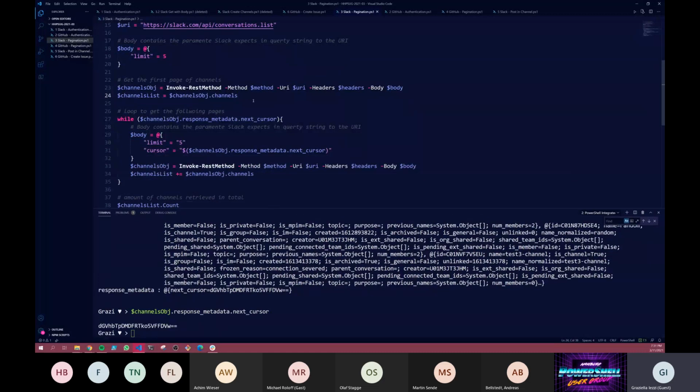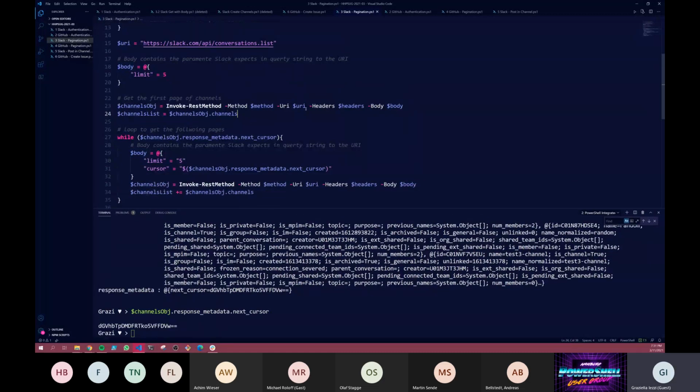Another thing, why did I call it before and why am I creating this variable assigning the channels? This is just 5 channels, it's not a big deal. But when you are retrieving thousands of records, you really want to call those APIs as little as you can. Also, sometimes it's time consuming, so you don't want it to run for minutes. Given that I already got the first page, I'm assigning those 5 channels to a variable, and the same variable I'm going to use later on for each page to collect all the data out of Slack,